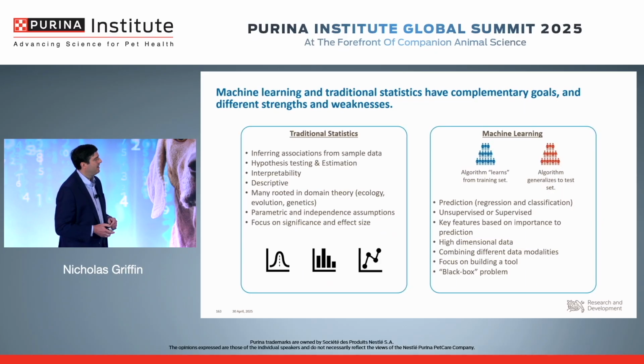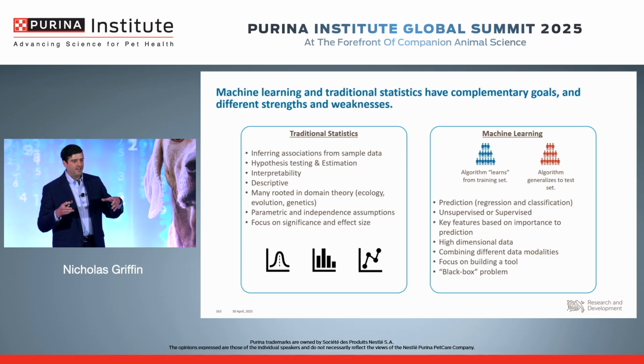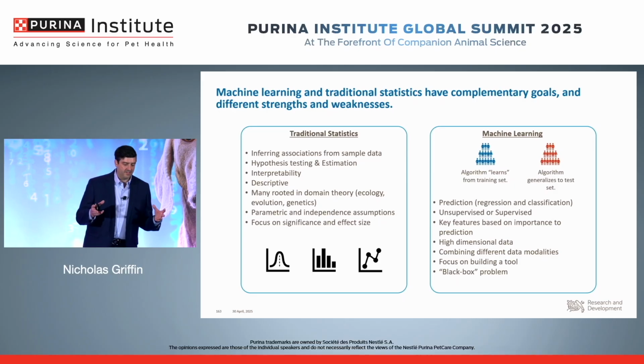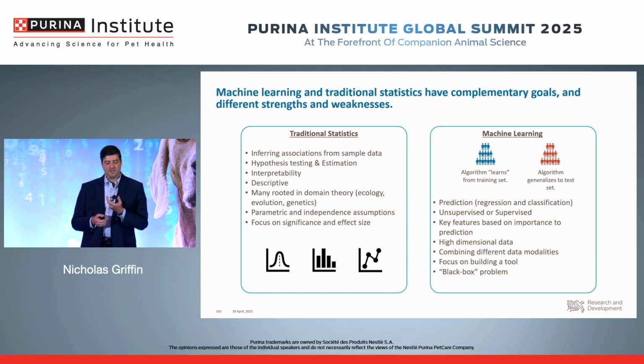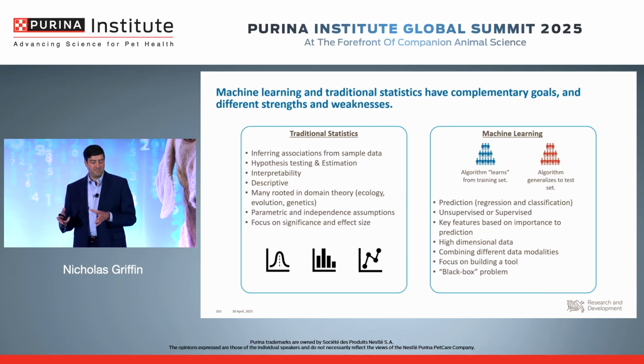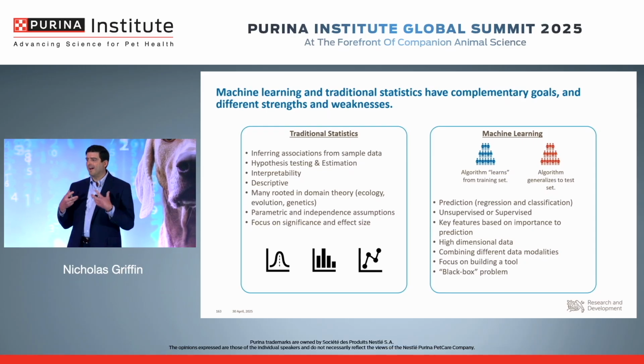moment. So we've heard a little bit about the distinction between predictive modeling and statistics and machine learning, but I think there's a complementarity that happens with these methods. Most of the statistical methods that you use to study the microbiome are really focused at inferring associations from your sample data, and they're really rooted in hypothesis testing and estimating parameters. They're highly interpretable. They're often descriptive. Many of the things that you do in those statistics are actually rooted in the domain theory, so they might actually come from ecology or population genetics or the field where they were developed, so they have a biological interpretation